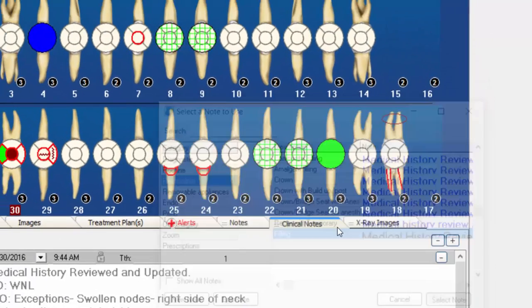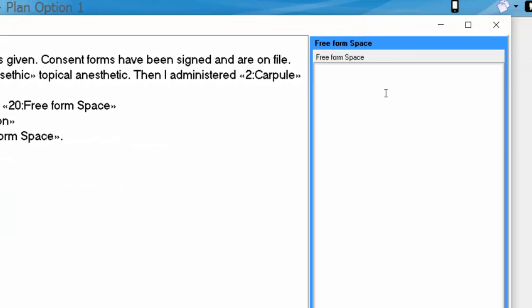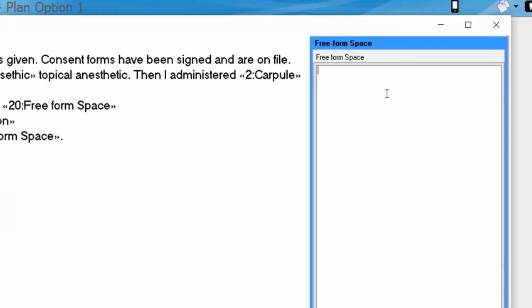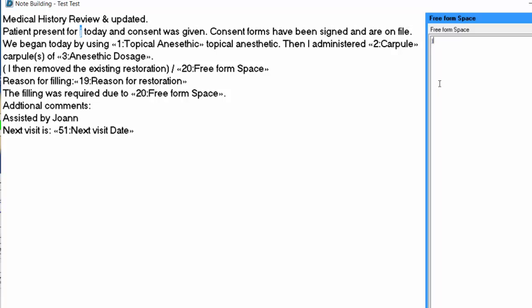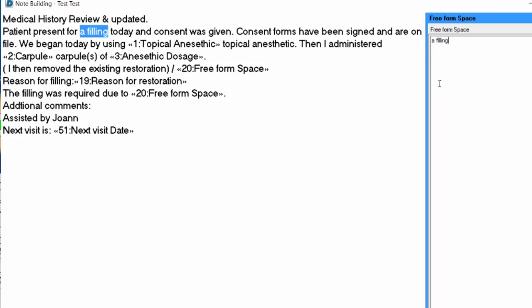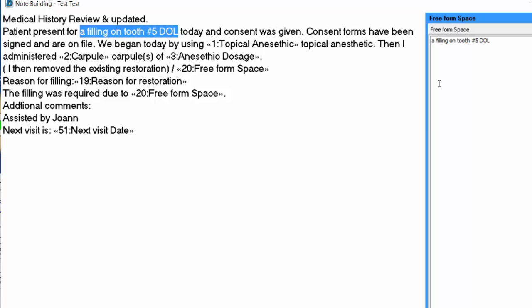So I hit select note, and medical history was reviewed and updated. Patient presents for, we have a free form space right here. You can see the cursor blinking. So the question disappears in anticipation of the answer that you're going to populate there. If you're not sure where you're at on the screen, just start typing something and you'll see it pop in. So patient presents for filling on tooth number 5, DOL today. Okay, so my answer just gets plugged in right there, and then I could click the next button,